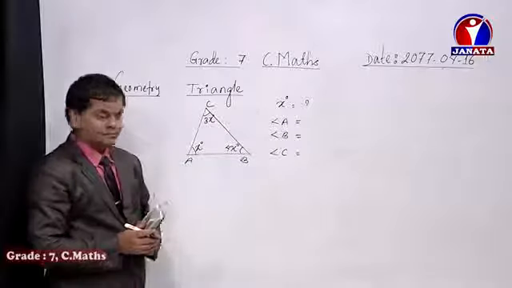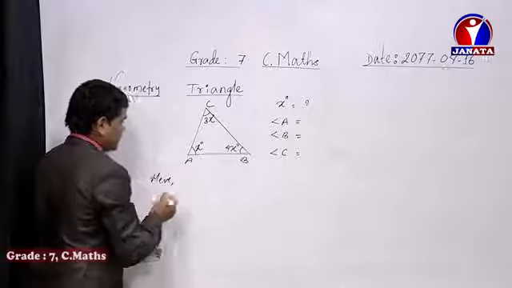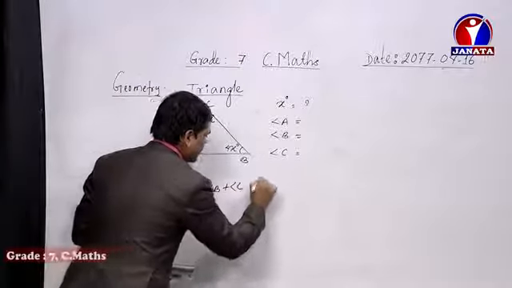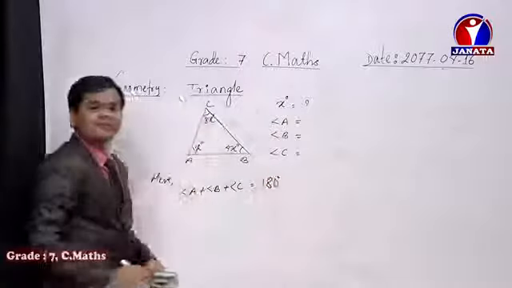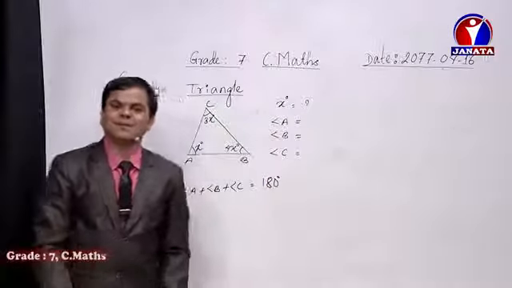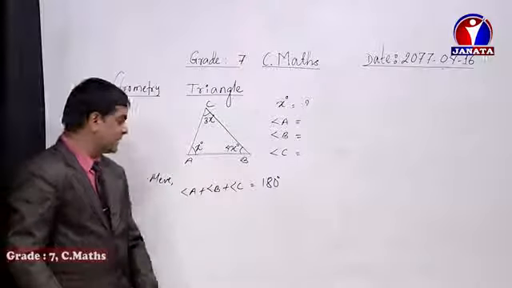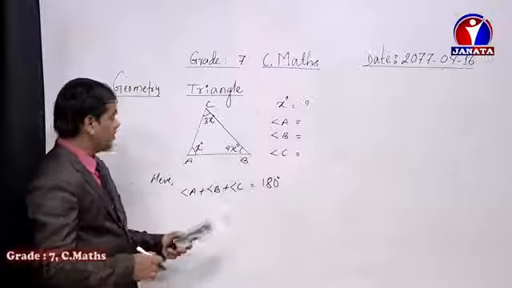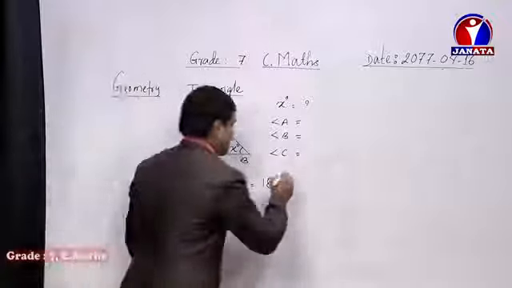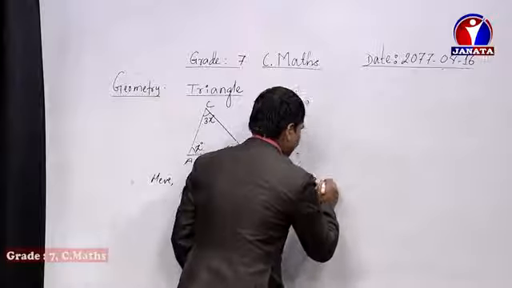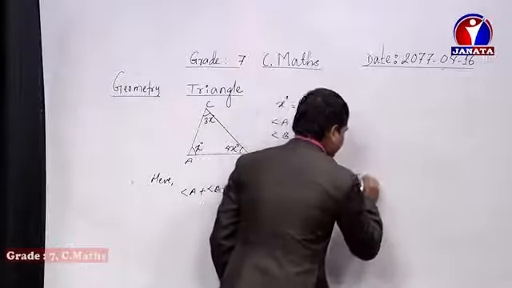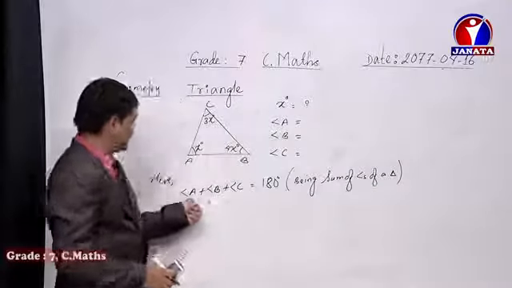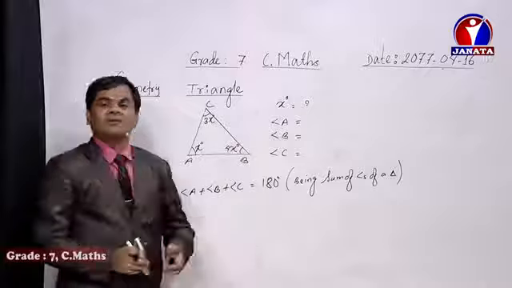Now what do we have to do? We write here angle A plus angle B plus angle C equals 180 degree, dear student. Whether the triangle is bigger or smaller, it doesn't matter. Their sum becomes 180 degree. We should not forget this. Now this is a statement. Now we need to write the reason why their sum becomes 180 degree. Because they are the angles of a triangle, isn't it? Angle A, angle B, and angle C are the angles of the triangle, and that's why their sum becomes 180 degree.